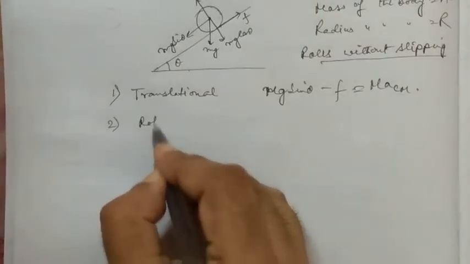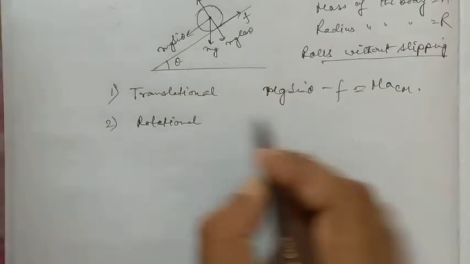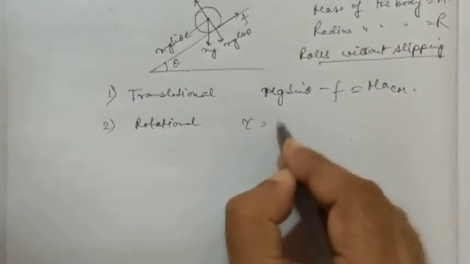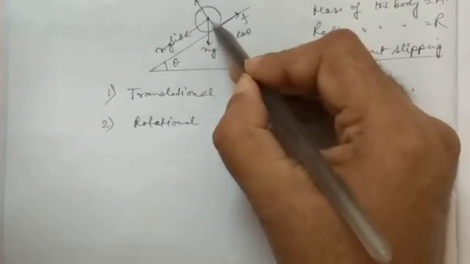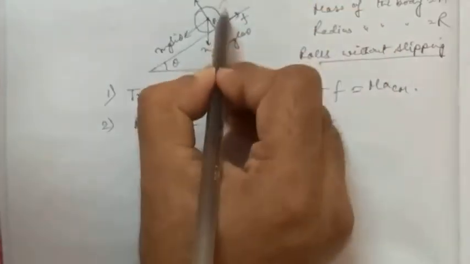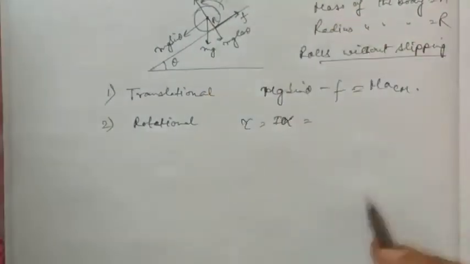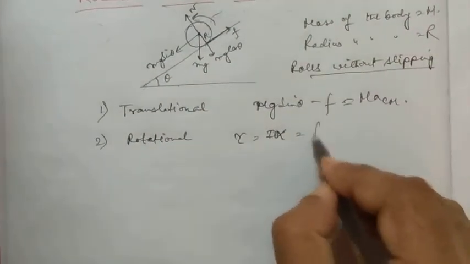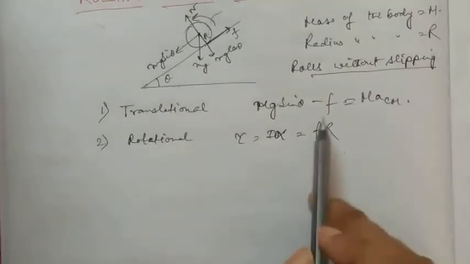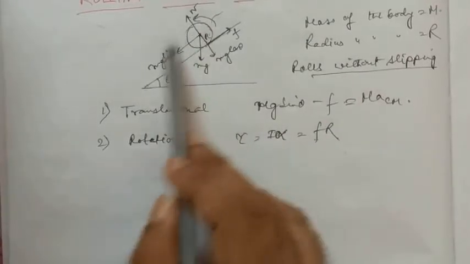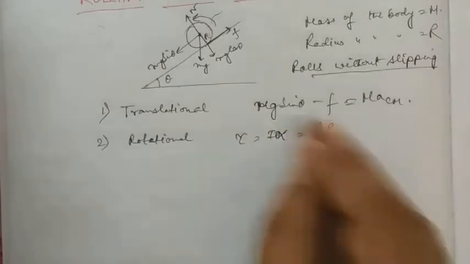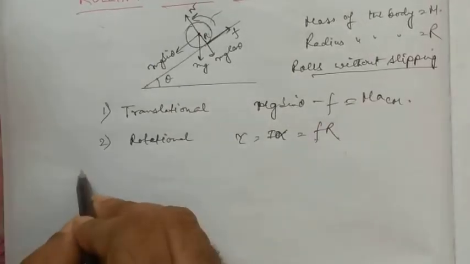The second equation is the rotational equation. We can write it as tau is equal to I alpha. You know the mechanical torque is I alpha. From this, F into R. Because of this F into R, the torque due to the frictional force, the body is moving in this direction. So F R. The torque due to the frictional force results in the mechanical torque, which is used up in rotation of the body. Now combining these two equations,